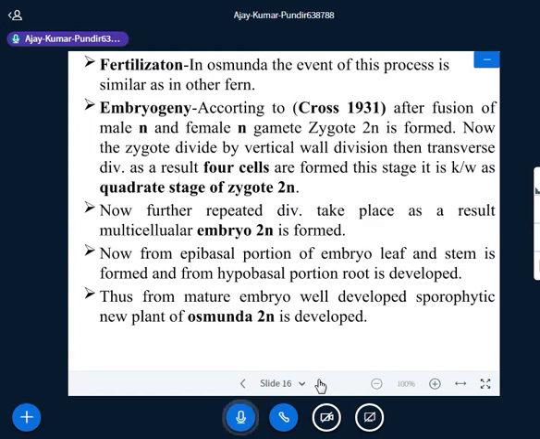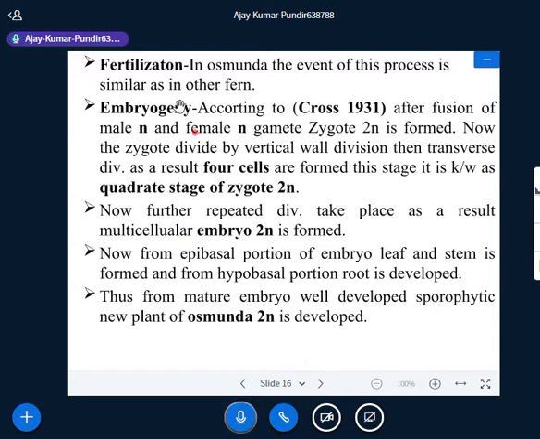देयर इज ए लिटिल बिट डिफरेंस ड्यूरिंग द डेवलपमेंट ऑफ आर्चिगोनियम. आपने एंथ्रेडियम के डेवलपमेंट में देखा कि ओस्मुंडा का जो एंथ्रेडियम वाल है वो वेरी कॉम्प्लेक्स है और वेरी डिफरेंट सेल्स से वो ढका रहता है. फर्स्ट रिंग सेल, सेकेंड रिंग सेल एंड ओपर्कुलर सेल्स. और जबकि आर्चिगोनियम देखेंगे तो दूसरे फर्न की तरह ही होता है. इसमें बस आपने देखा होगा कि बाइन्यूक्लिएट नेक कैनाल सेल होता है. इट इज द डायग्नोस्टिक फीचर्स ऑफ द ओस्मुंडा आर्चिगोनियम.